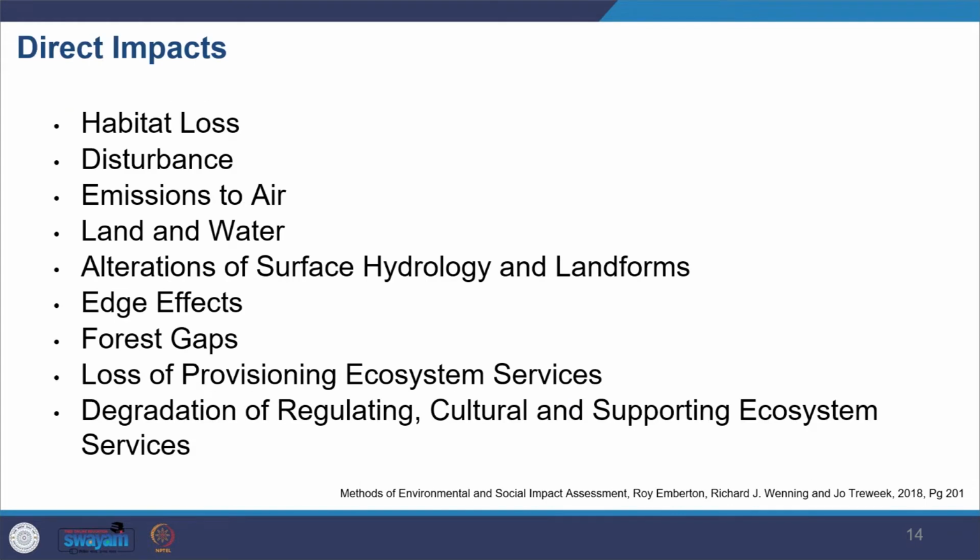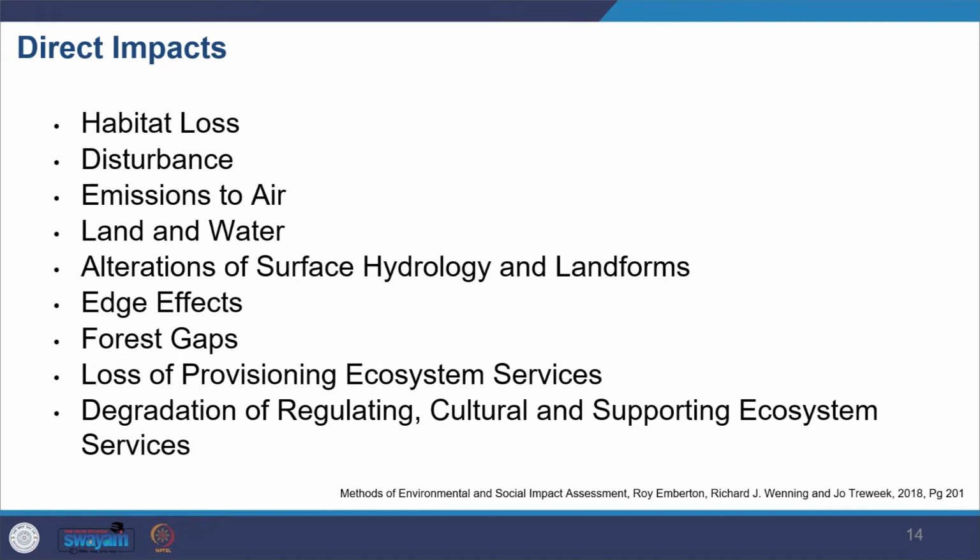There can be loss of habitat, there can be disturbances in the habitat, there can be emissions related with air, then there can be deterioration or changes in land and water, and then there can be changes in the surface hydrology and changes in the landform as well. And then you also have edge effects, like what happens in the boundaries of these habitats,